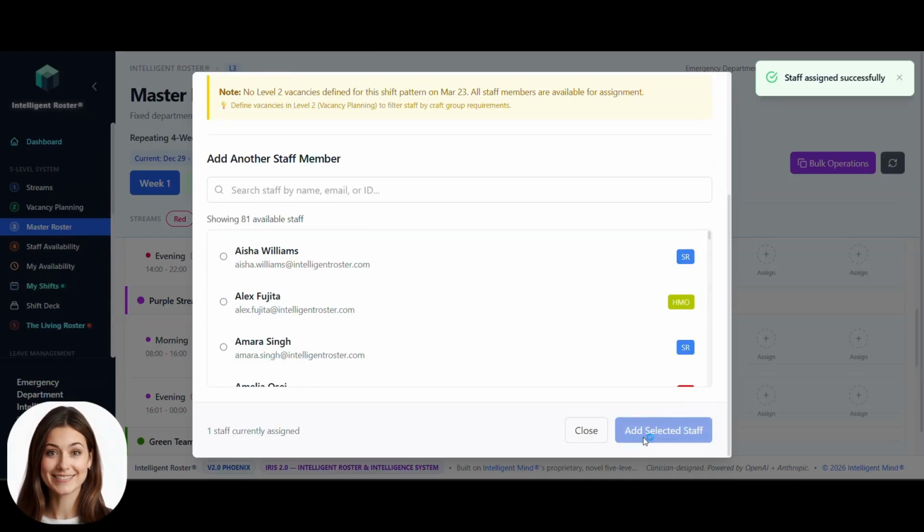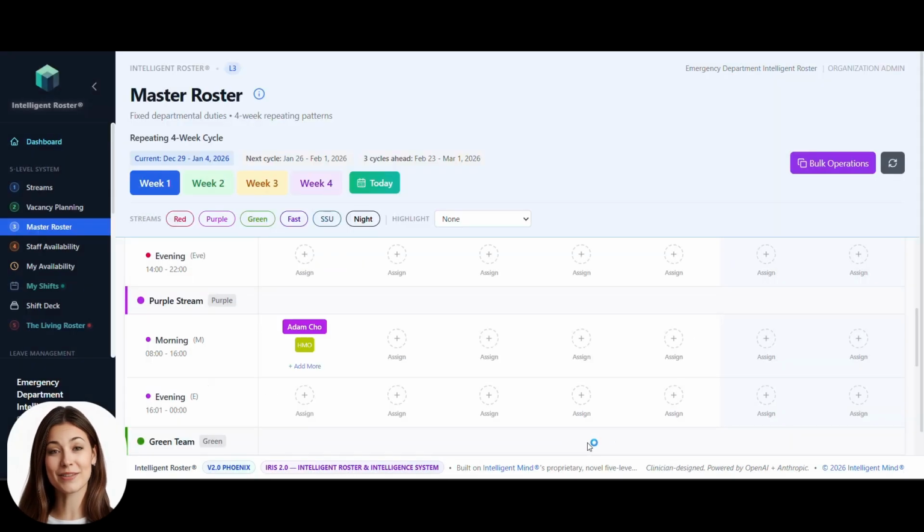Click Add Selected Staff to assign them to the schedule. You'll see a confirmation message appear in the top right corner. Then, close the modal, and the roster will update to reflect the new assignment. It is that easy. In reality, many emergency departments have a large pool of staff members to choose from, and